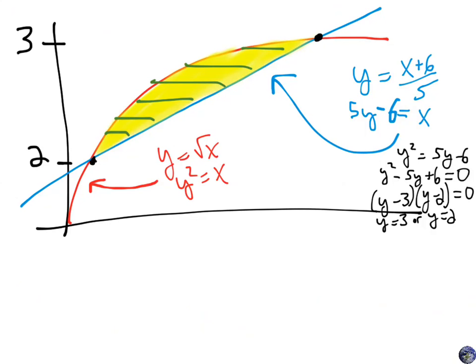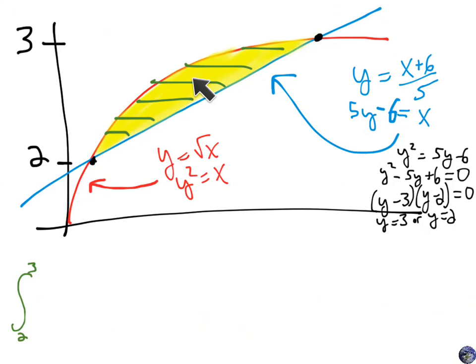All right, so now we're ready to set up our integral. So this time the integral is going to go between 2 and 3. And before, we always did the top minus the bottom. This time it's going to be the function that's on the right take away the function that's on the left. Now that might seem kind of arbitrary, but if you think about it, it makes sense. Tilt your head, and this is the one that's on top. Right? You have to tilt your head to the right. So technically, you're saying this is the higher value subtracting the lower value,